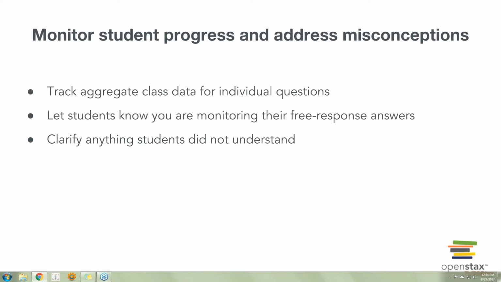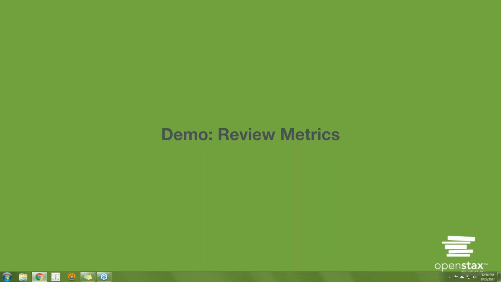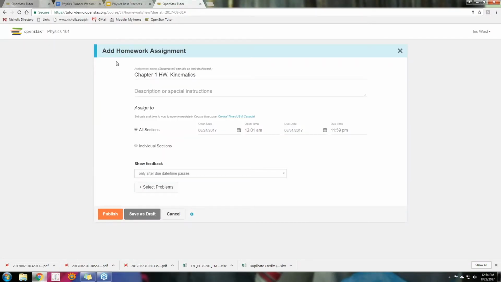As I said, one of the great things about OpenStax Tutor is that you can assess where your students are. You can take that heartbeat of your class and see how they're doing on particular topics. You should also tell your students that you're looking at this data, and maybe even pulling out questions that the students aren't doing very well on and addressing those in class. That way the students know that what you're doing in class is connected to what they're doing outside of class. It helps them to see the big picture of how they're integrating all this information. Spend time in class dealing with their problems, which you'll be able to determine from the metrics that you see on OpenStax. So let me show you, for example, on this mock setup that we have,